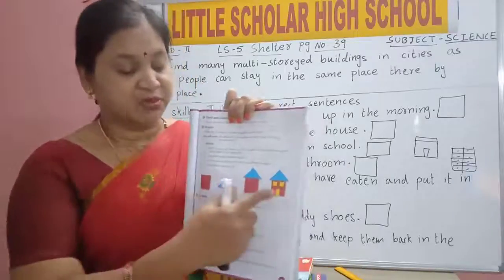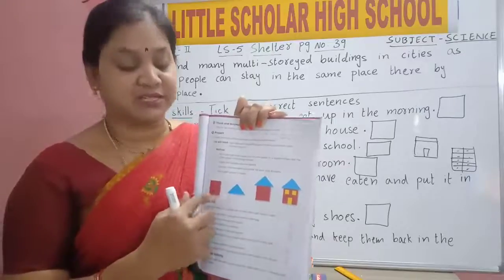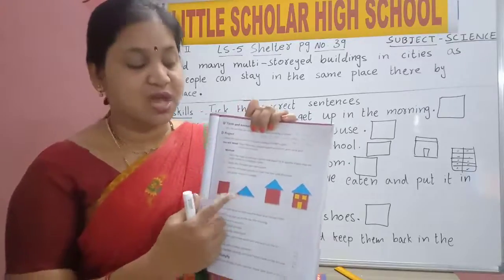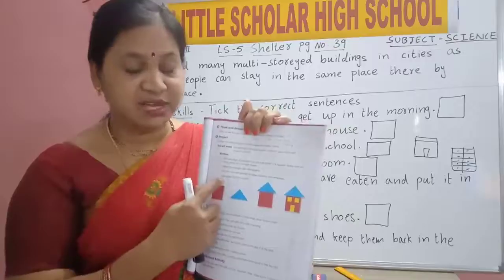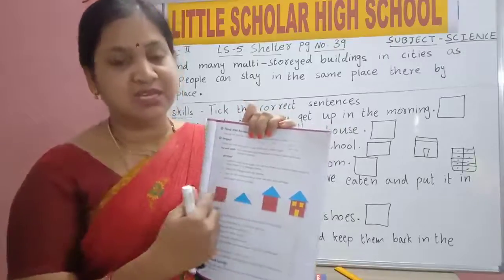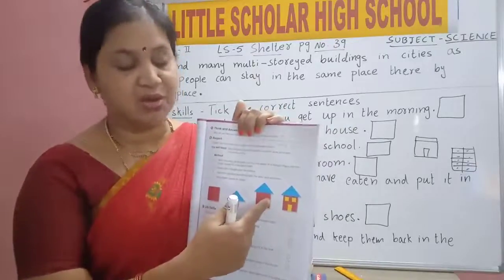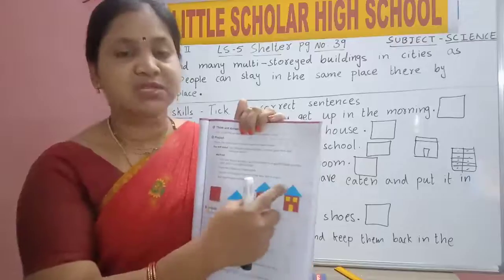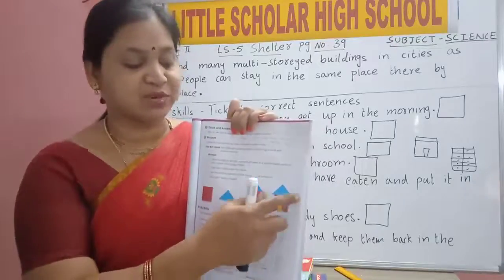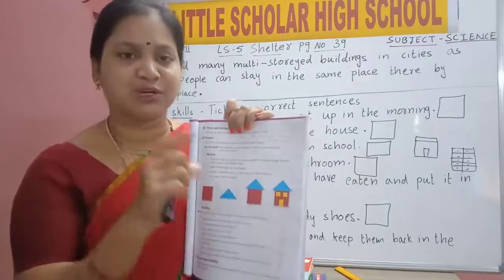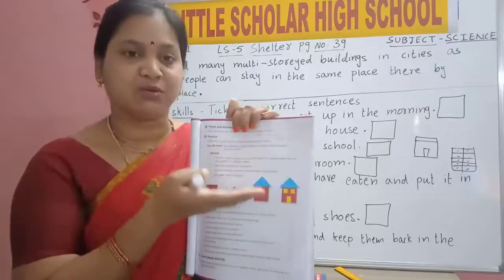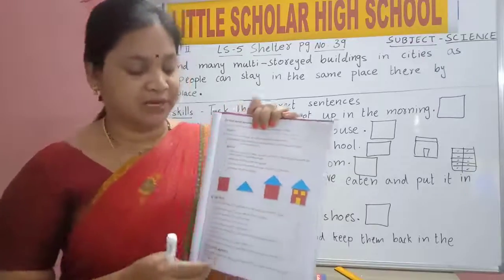So how it is shown in this book, instructions are given how to do the house. Follow the instructions, read the instructions. It's very simple. By seeing here you can understand how to make a house. Do this house and paste it in your classwork. Here it is shown small. You too will do small. No, little big. Okay, little big.